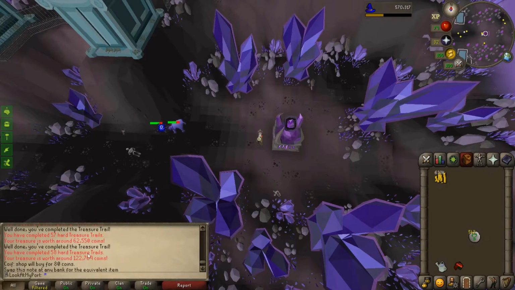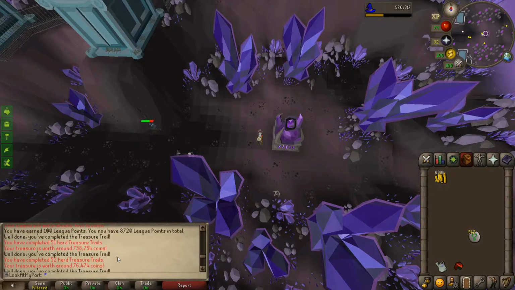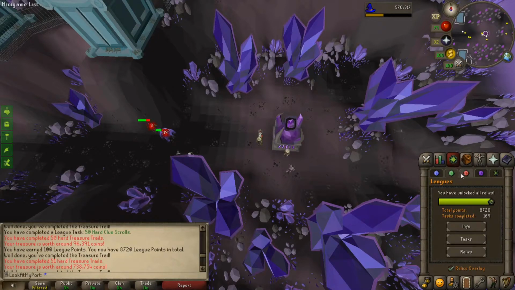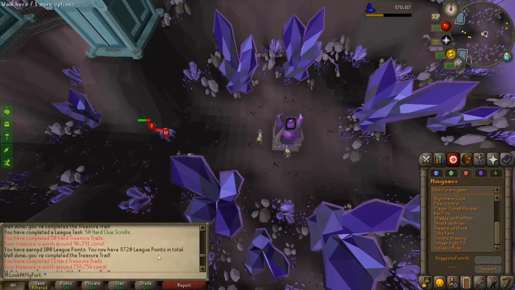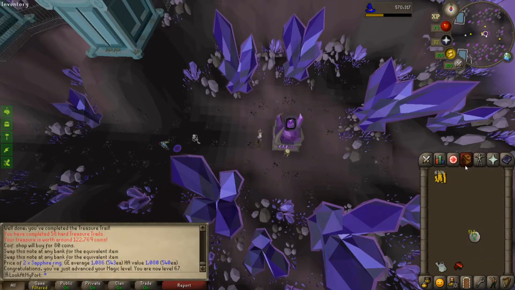And I realize that while being distracted by all the neat stuff we were getting, I completely ignored the fact that we went and got the 50 hard clue scroll task complete for another 100 league points. So that's pretty sweet. Up to 58 now. So I don't think it would be too unlikely that we're going to get to 100 hard clue scrolls. Especially since we're still looking for more money for things like fletching. But anyways,